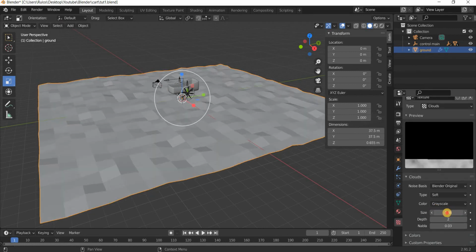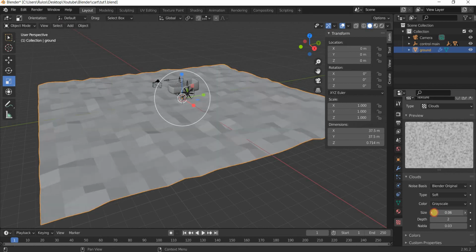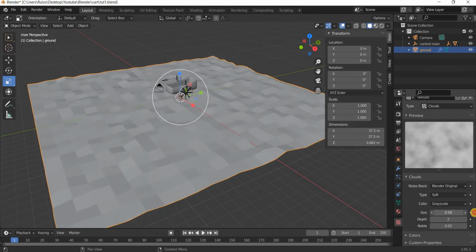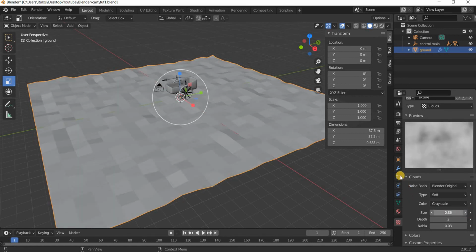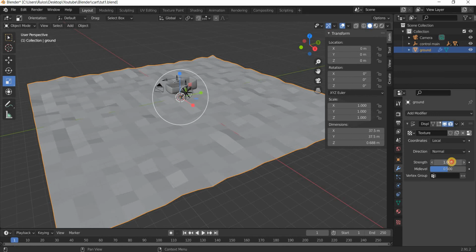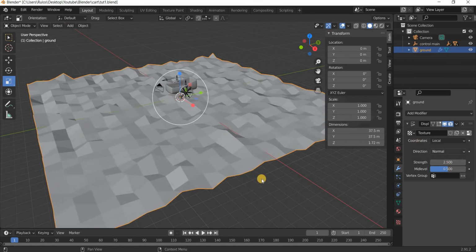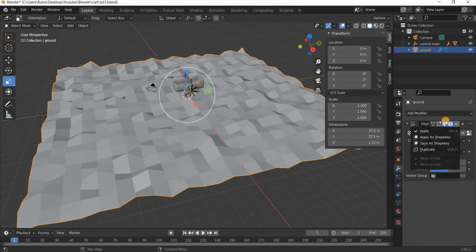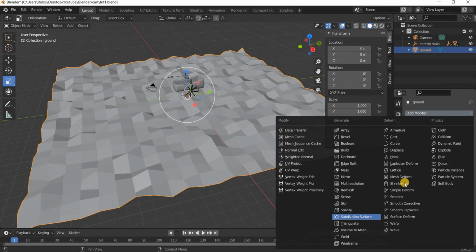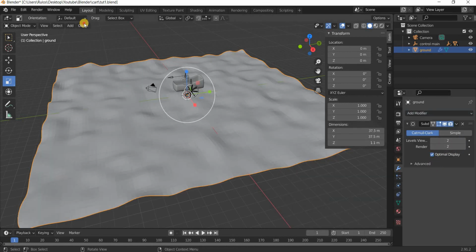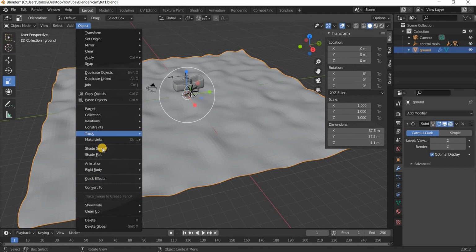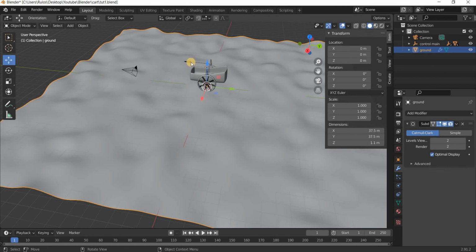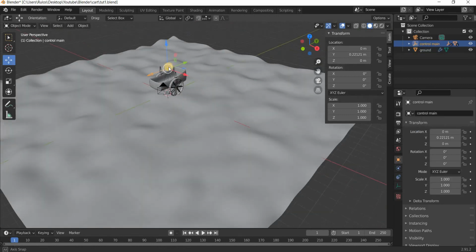Okay, and then you can control how the texture is mapped, and you can work with the strength. All right, so this looks good enough. We will apply this, and then we will add a subdivision surface, and then we'll say object shade smooth. All right, so we have an object which is uneven,